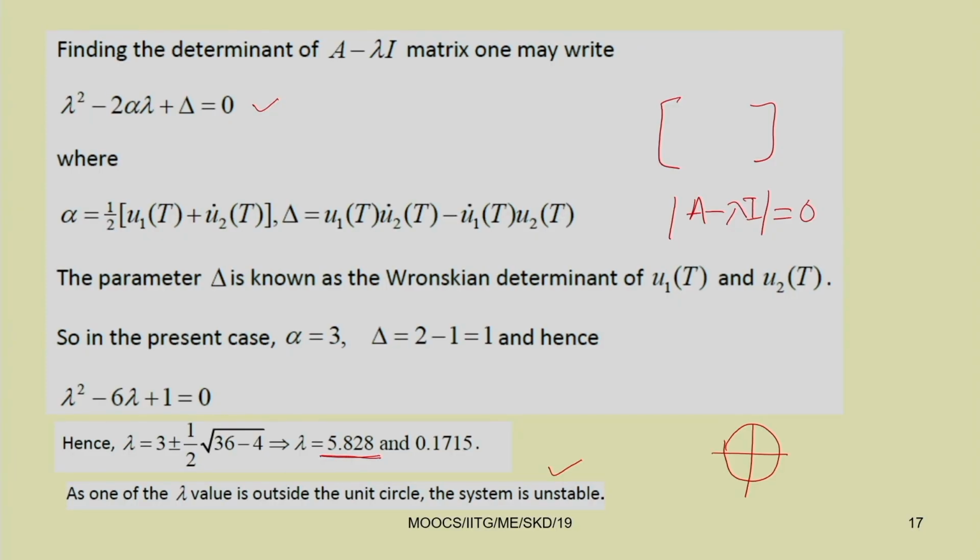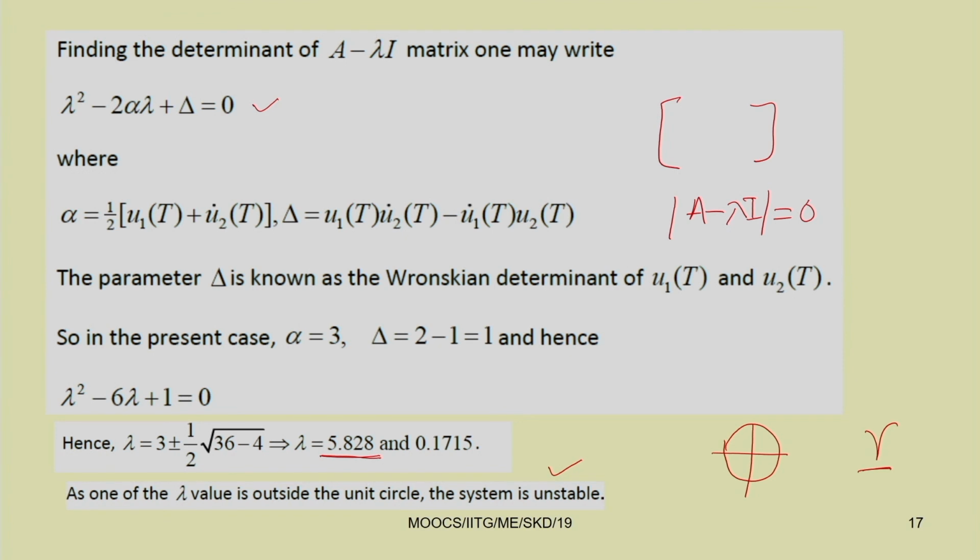Instead of finding this lambda value, we can find the Floquet multiplier gamma also, and you can study the stability. So, in the next class we are going to use this Floquet multiplier to study the stability of other different systems. Also we will study different other methods to find the instability region.